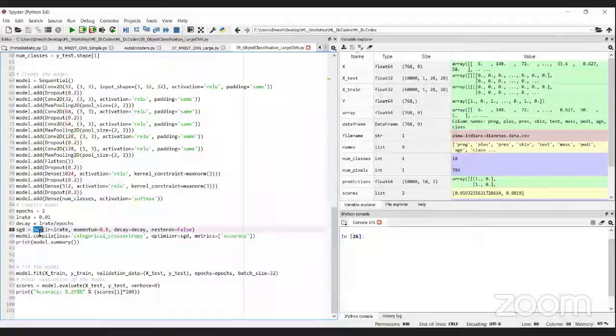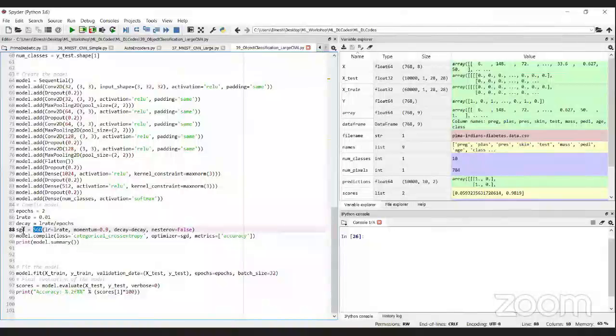If you give a very large learning rate, there is a possibility that the learning may not happen, or it may get into oscillations. And if you give a very small learning rate, the learning will be very slow. So this is a very common problem: what should be the appropriate parameter for learning? To overcome this, in practical scenarios we don't use fixed learning rates. We try to make it a function of the iteration or epoch.